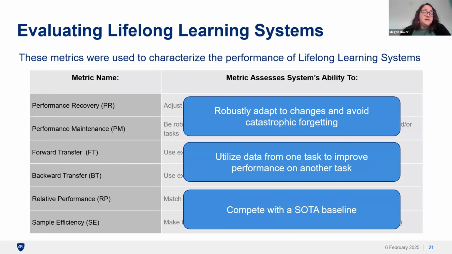But overall, what we focused on doing was making thresholds where we could say, hey, this system is or isn't demonstrating lifelong learning if these metrics were above or below this number. And I think that was really helpful to have a clear goal to be like, hey, the minimum viable product here is not forgetting. So let's not forget. And if you can gain past that, then even better.